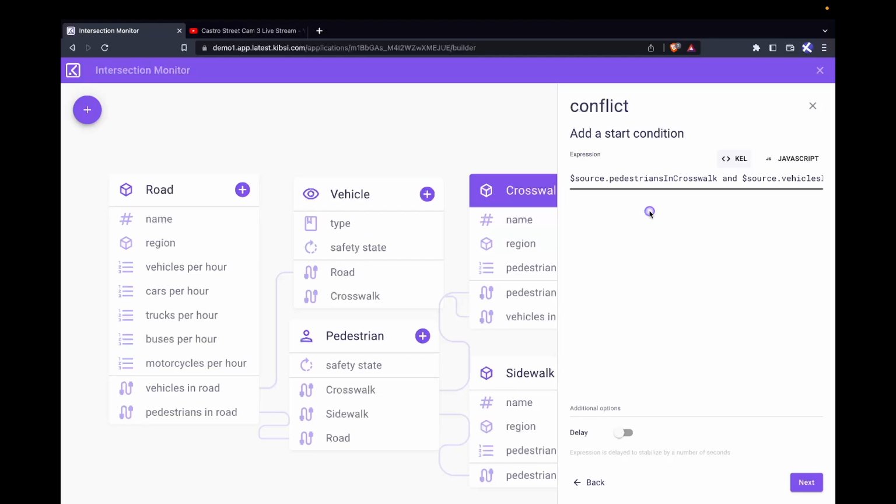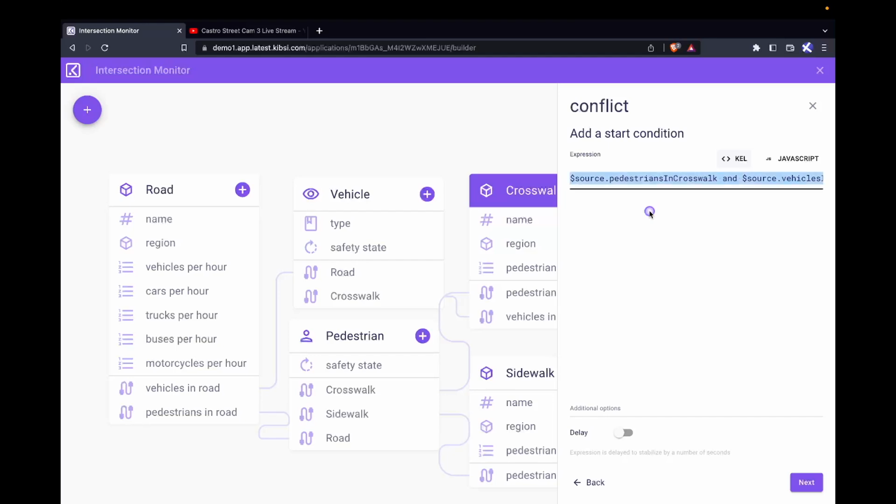Remember, when a relationship is empty, it returns false, and when it's not empty, it will return true. So when it has 1 or more items in it, it will return true. So if there's a vehicle in the crosswalk and a pedestrian in the crosswalk, then both of these relationships would each have 1 item in them, and the statement effectively evaluates to true and true, which will trigger the event because we have the and operator in there. If either relationship is empty, then that relationship will return false, making the whole expression false and not triggering the